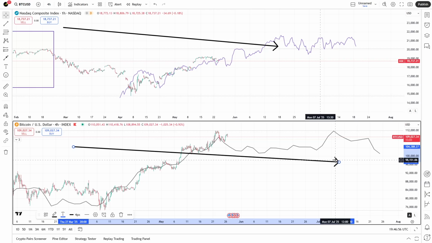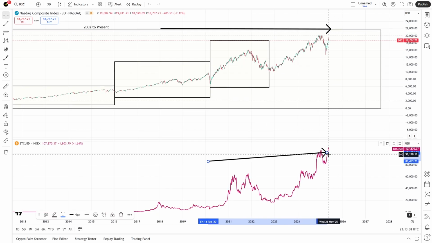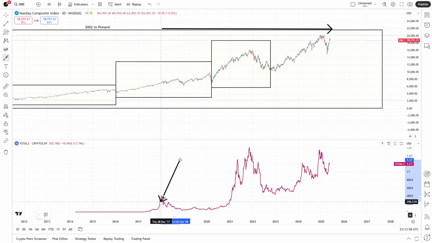All right, so now that we looked at these fractals, let's jump back to where we were. Okay, so you see the relationship between Bitcoin and the NASDAQ. Let's see how crypto at large reacts to this. So I'm going to compare Total 2 to the NASDAQ. So here is Total 2, and let's just start from here. So as you can see in